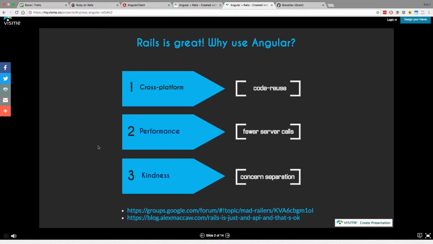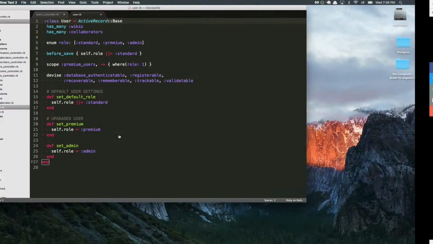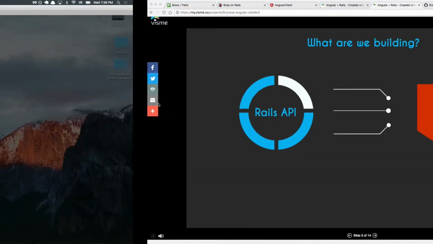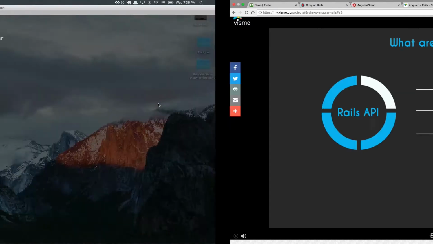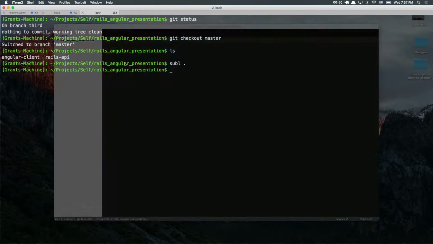So let's talk a little bit about what we're going to be trying to do: a Rails API connected to an Angular 2 front end. So I have set up a little Rails API app. There it is. So if we just open that up, we can see that,